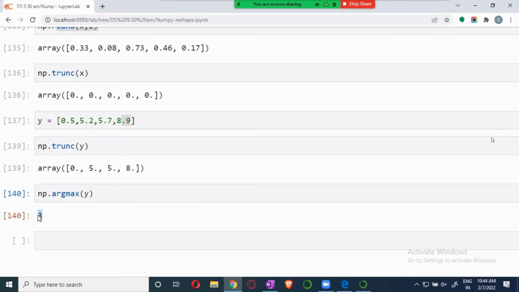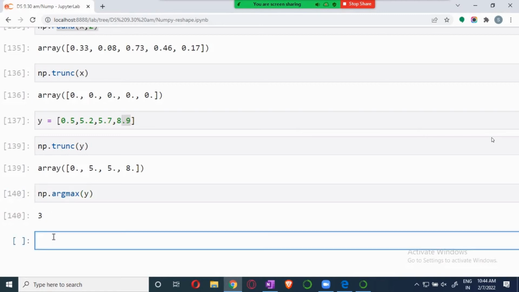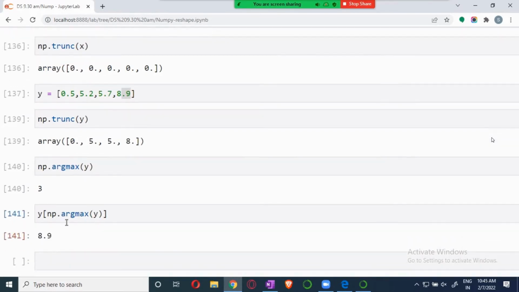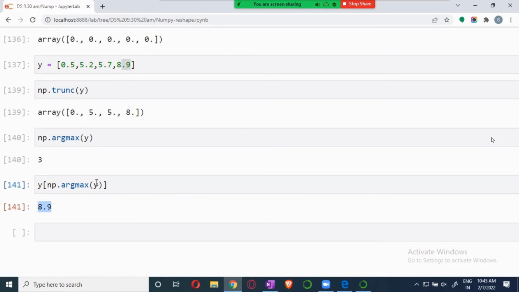Now I want to see the value itself. Then you can give np.argmax of the array, and use that index on the array. See the value. You see the value. This you can apply with the